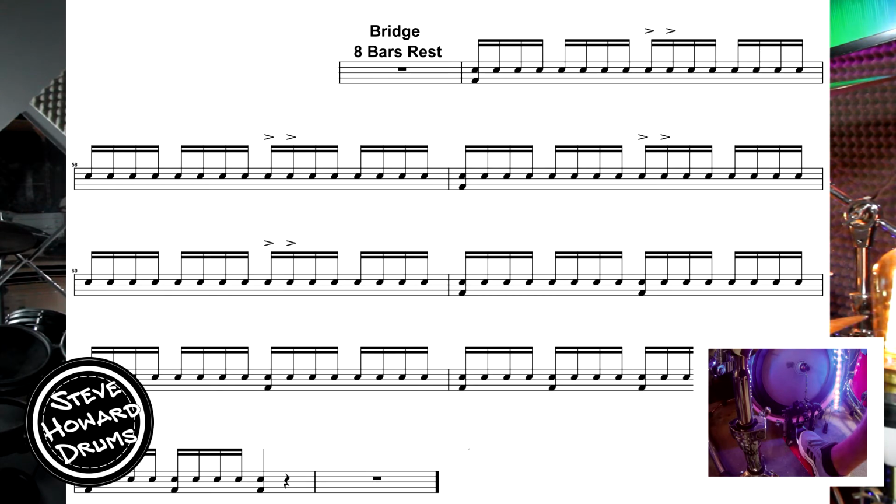3 E and 4 E and 1 E and 2 E and 3 E and 4 E. Second bar. 1 E and 2 E and 3 E and 4 E. Third bar. 1 E and 2 E and 3 E and 4 E. Fourth bar. 1 E and 2 E and 3 E and 4 E and 1 E and 2 E and